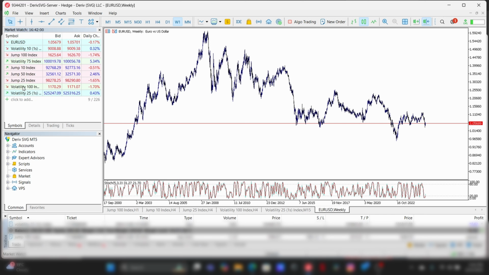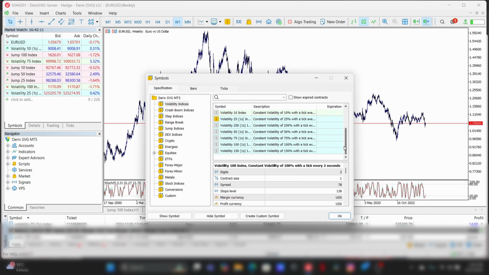And these are all my charts, guys. I add them here. How do you add these charts if there's only like one chart? Simple. You come over here, show symbol, and then you add all the charts that you want to add. All the symbols that you want to add. So the gray ones are the ones that are not added, and then the yellow ones are the ones that are added. So this is what they all have, guys. Synthetics, crash, step, range, jump, crypto, energies, equity, the major forex, the miners,